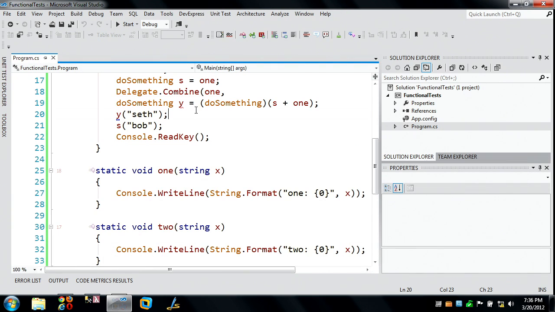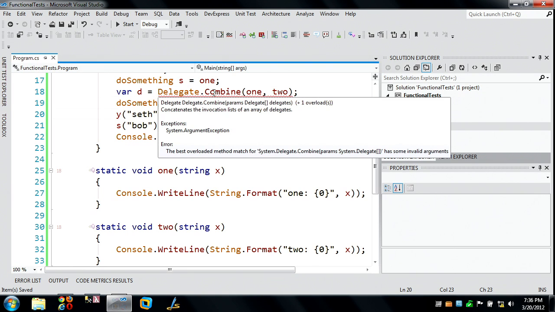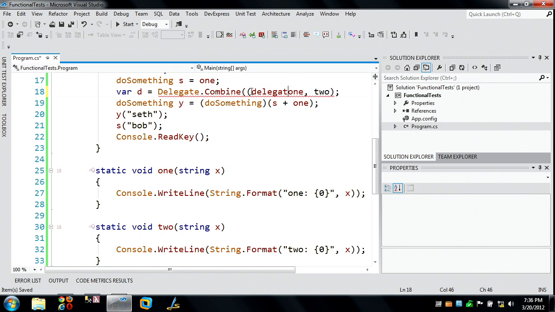By the way, it's not going to compile because I have to do this. So Delegate.Combine, you could do 1 and 2. This should do something. So var, let's call it d. Boom. But for some reason, I don't know why it doesn't like that. Maybe you have to cast it to delegate. I don't know. But in the end, what it's really doing is it's doing this right here. It's adding these 2 things together. So I could say 2 and 1,